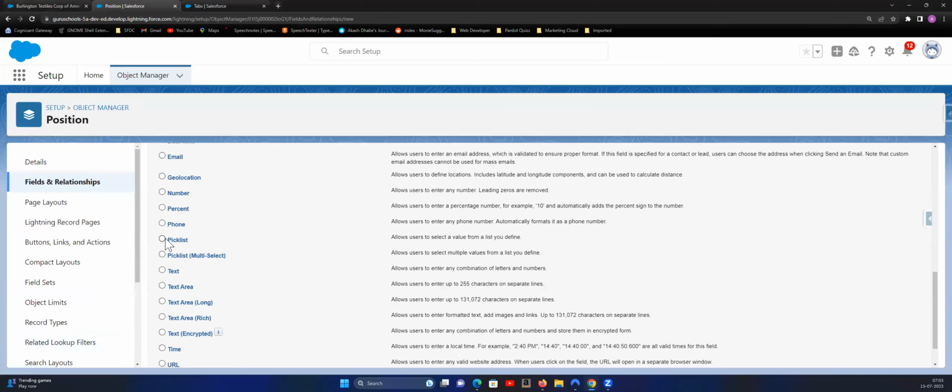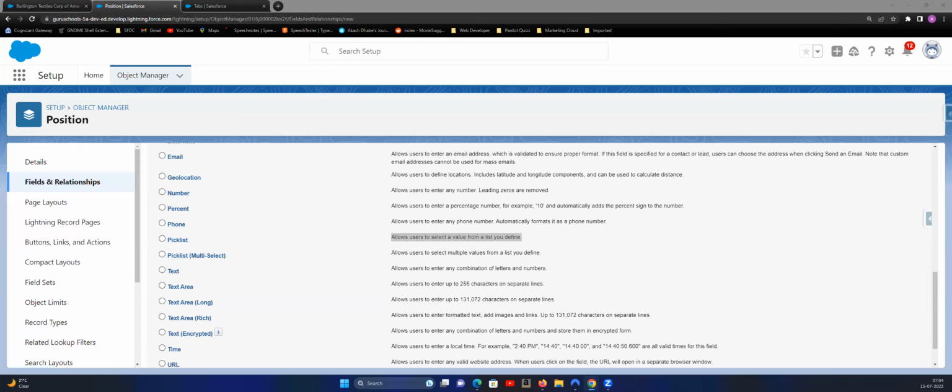So for that I will select this pick list. What it says: allow users to select a value from a list you define. Let's say that the requirement is slightly different. When we predefine values and you should be able to select multiple values from it, that time we will select this multi-select list, because it allows the user to select multiple values from the list we define. But right now,